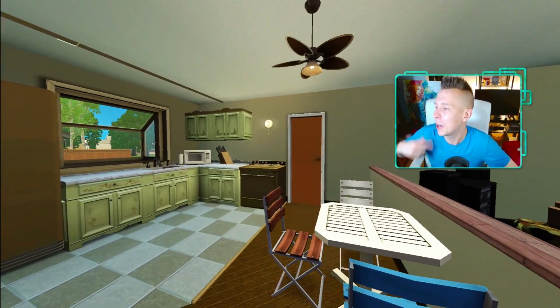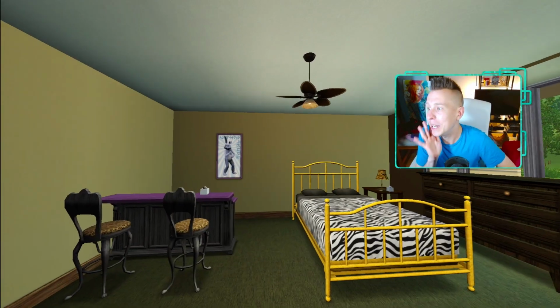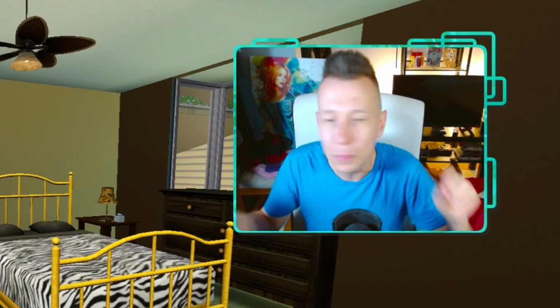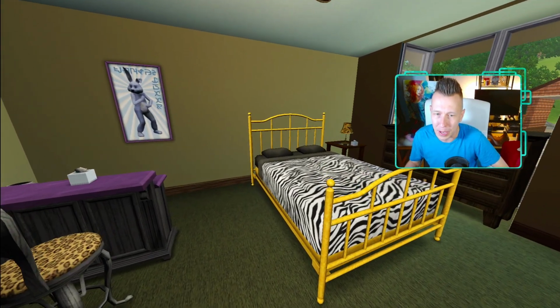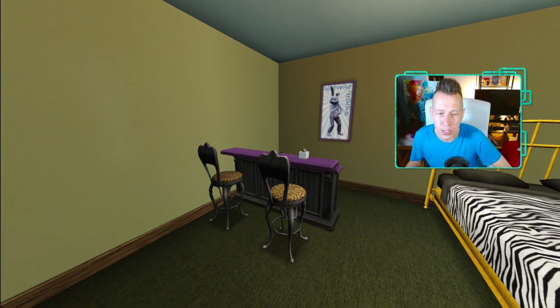I'm trying to drag this on a bit because it's such a small build, but we really only have one room left, so let's check it out. So what I did in here, okay, let me explain myself. I changed the bedpost to gold, but I didn't change anything else. He had this bedspread, he had these sheets. I don't think he had the Kleenex box though, but the one thing he did have was this purple bar,